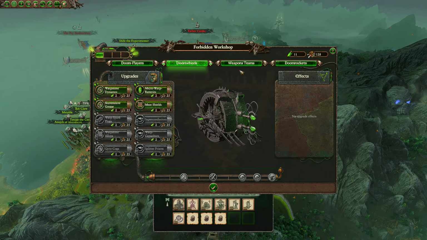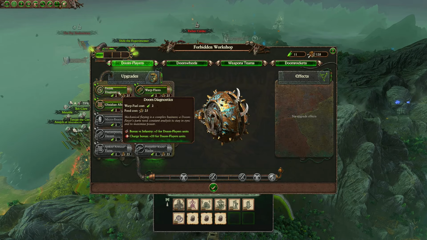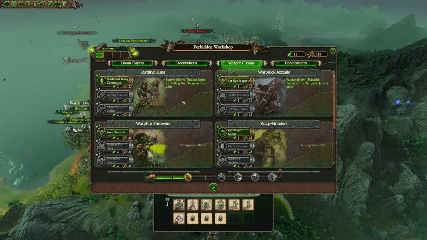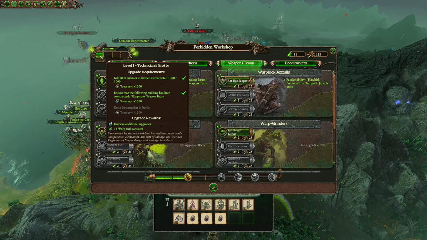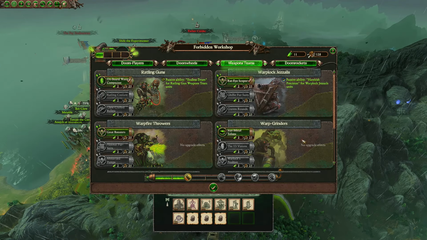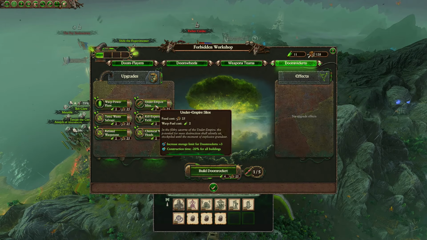Forbidden Workshop. Let's take a look. Do we want to do something with our Doom Flayers? Bonus versus infantry and charge bonus. We only have one of those, so I'm going to go with the rattling guns. Except I need level 2 Forbidden Workshop. Remind me, what do I need to get to level 2? I need to use a Doom rocket in battle. That's right. How could I forget? Okay, well, we might do that next turn. Doom rockets. Explosions. Yes, yes. 4 of these, 4 of the warp fuel and 25 food. I could...